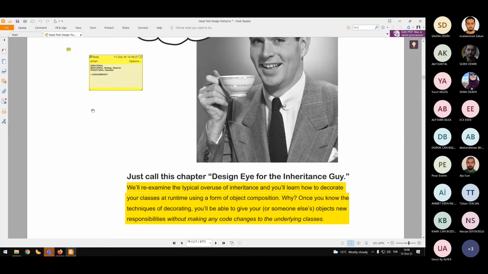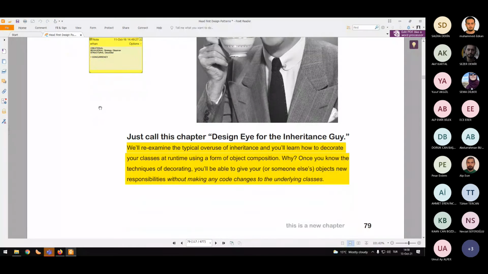So we continue with the decorator. Now, the decorator is a very powerful design pattern, similarly to the observer design pattern. And it will show you how you can actually add new responsibilities to objects, either yours or other people's objects. So basically code that has been implemented by other people, and code that has been compiled even,